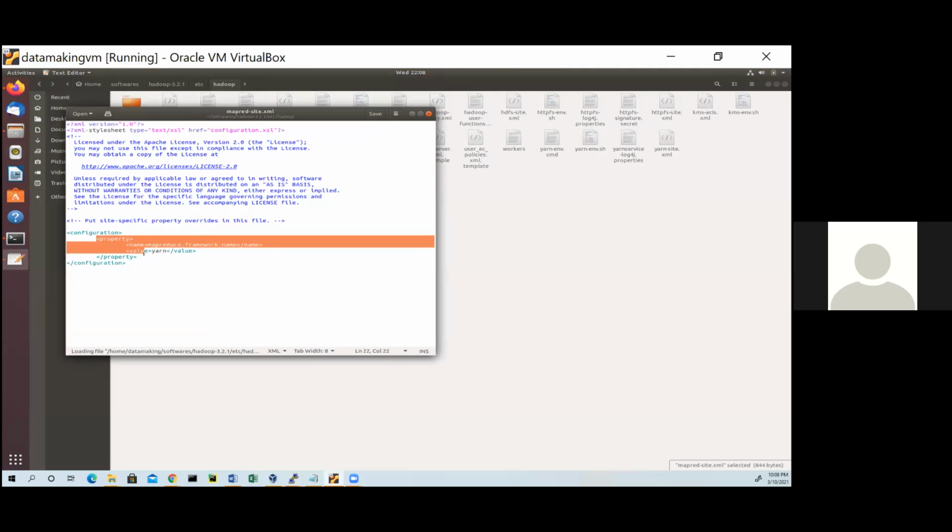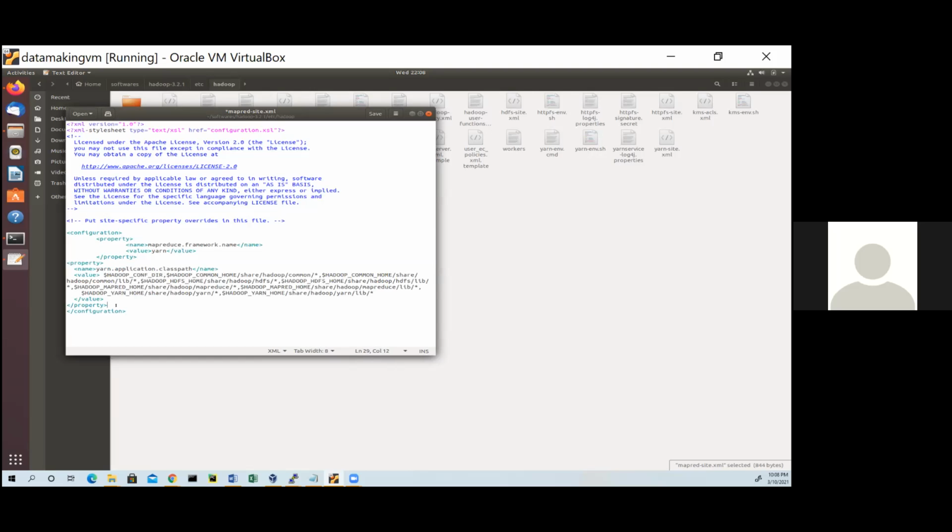Next, do enter and paste it. Yeah, save this. Alignment is fine, no issues.